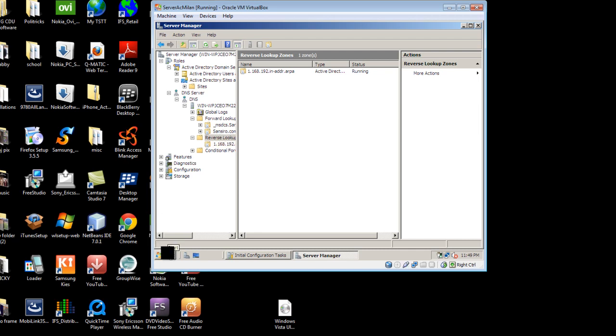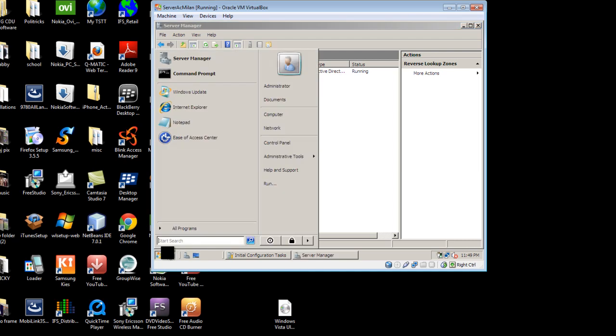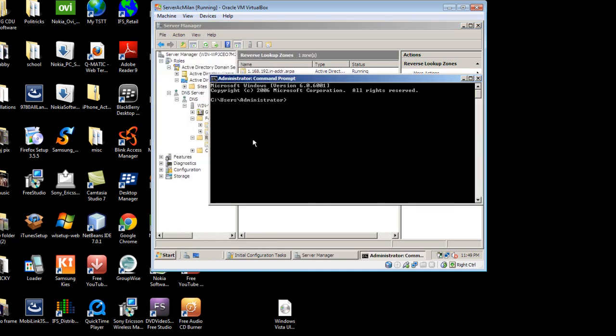Now we just want to make sure that everything is working with the server properly. We'll go to our command prompt and we will type in nslookup. Right, we're going to type in our IP address, which is 192.168.1.1, and we see the computer name will show up. Now this is a reverse lookup, right? What we want, if we want to do the forward lookup,